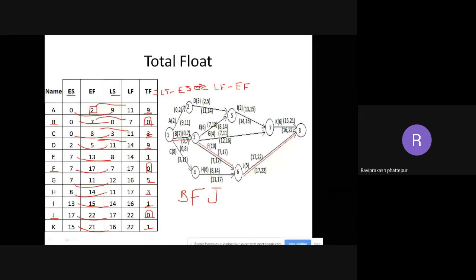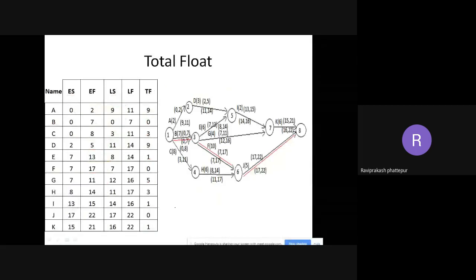Take this down, I'll erase everything that is written here. Take down till here. I hope there is no need to copy everything; you can directly find the values by subtracting one from the other. Latest start minus earliest start, or latest finish minus earliest finish. If you take the subtraction there, you will get the total float.